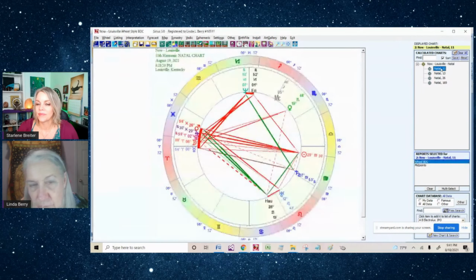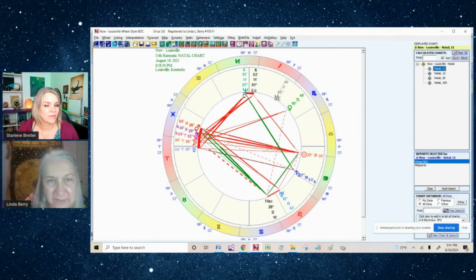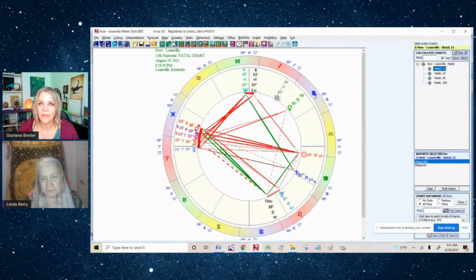In 11, we have a restless seeking of something else that has a spiritual tone to it. I can't tell you exactly what that means, but it's a sense of something that extends into other realms beyond just our earth plane. So, in general, we're talking about growth here through opening up to your connection to other people, assisting other people as well as them assisting you, seeking a new way of operating. And this is very strongly shown here.